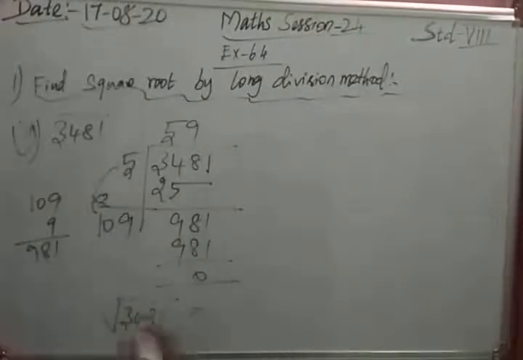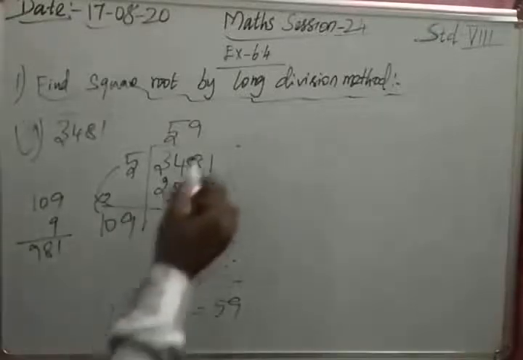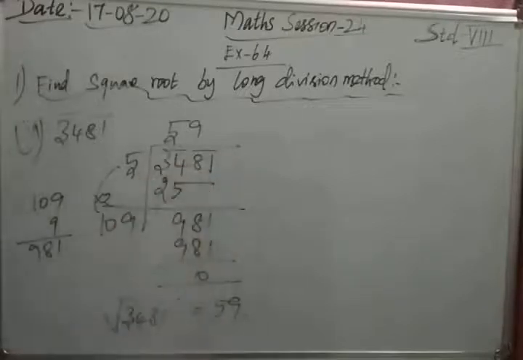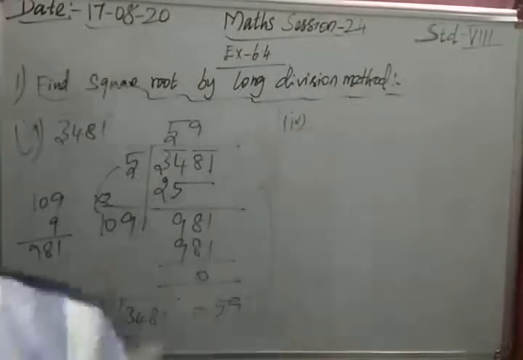So we can take that 3481 is equal to 59. If you have a doubt, you can solve it. You can solve it very, very easy on this one. Okay. And main thing is here taking the bar value from the last value, from the right hand side. That is very, very important. Now let's go for the fourth question.